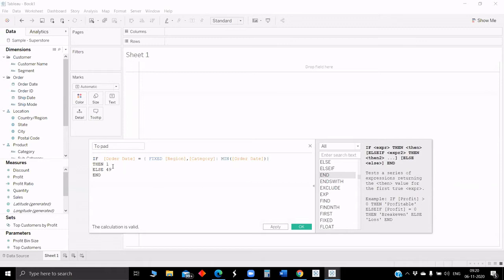There are many methods actually. Generally, what people do is they have an Excel sheet consisting of path 1 and 49, only 3 cells, and they do a union with this sample superstore data. So the 1 or 49 gets manipulated across all the rows. Then each column will be duplicated, so at last we have to sum up and divide by 2. To avoid that, we are writing a condition for each row and getting this 1 or 49 in all the rows. The main motto of this is to get 1 or 49 across all rows in the data source. That's why we are writing this condition, two pad.